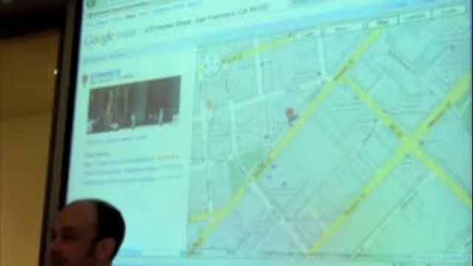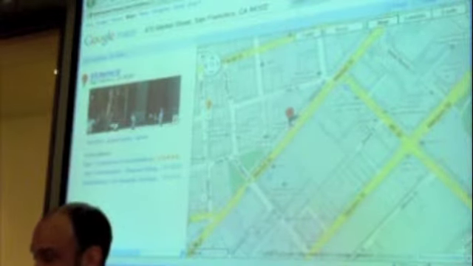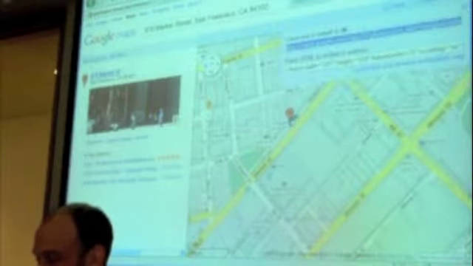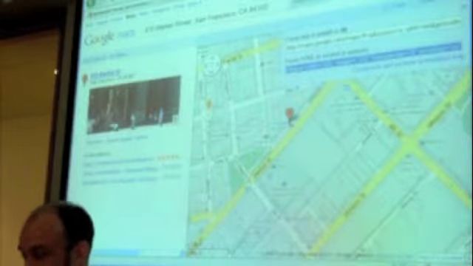So here's my map. Now I could send this to someone, or I could link it into my website by clicking on this very handy button on the right called Link. What I want is my HTML code to put into my website. So I'm just going to copy that,